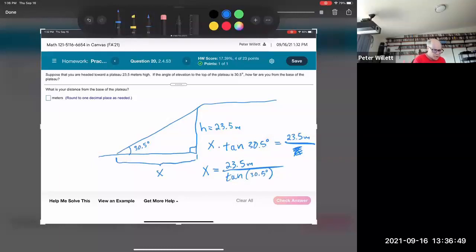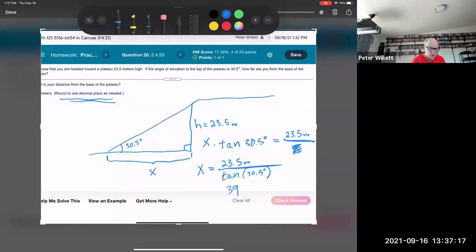They want this rounded to 1 decimal place. So I'm going to type it on my calculator. I've got 23.5 divided by 30.5 degrees with a tangent done to that. And if I then do the division, this tells me I get 39.895